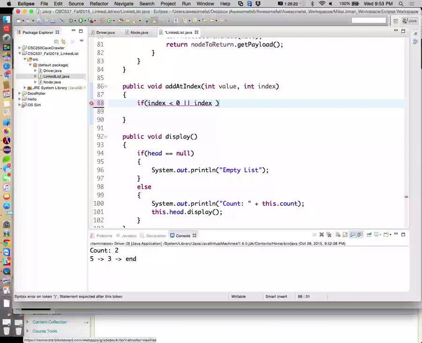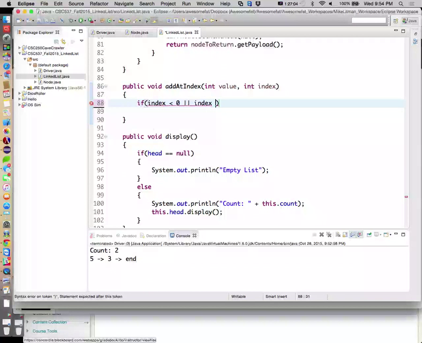If there's a count of 5, the legal buckets would be 0 through 4, and if we say added index 5, that would mean add end. So if the count is 5 and we say we want to add at bucket 5, that's legal. If index is greater than count, it's illegal. If it's less than 0 or greater than count, it's illegal. Otherwise, we can add it.